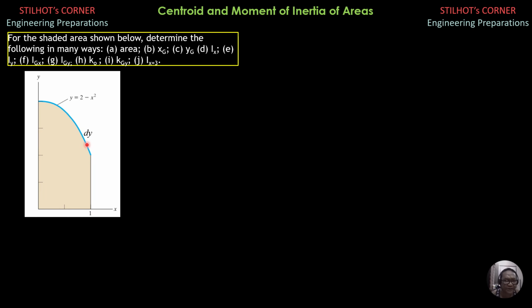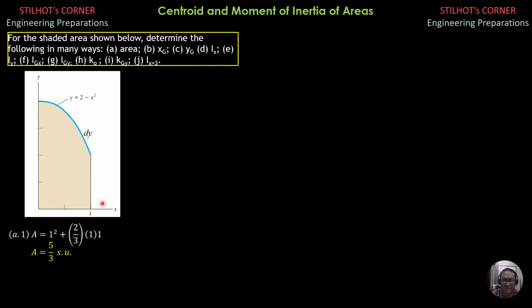So here is the figure. So first for the area, let's have it computed in many ways. So one is, it is area of rectangle, or in this case square, 1 by 1, plus area of parabola, which is 2/3 1 by 1. That's the easiest way if you know the area of parabola. So it is equal to 5/3.